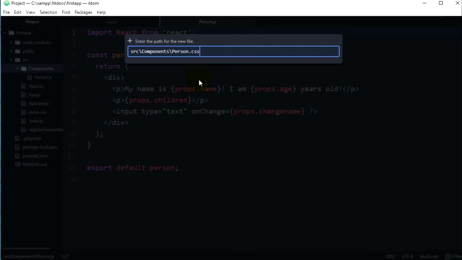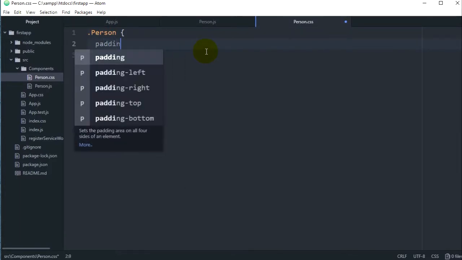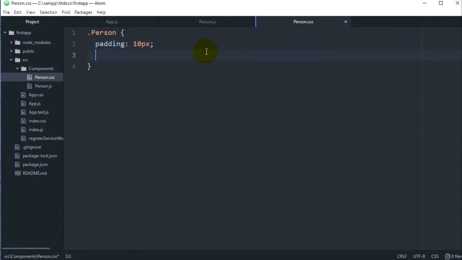person.css. You can name it however you want, but I name it person because logically I can see that this file contains some CSS for the person component. So I'm just gonna save it like that, and here I will create a class which is person, and we will have here padding 10 pixels, border 2 pixels, solid, give a color here, and we will have